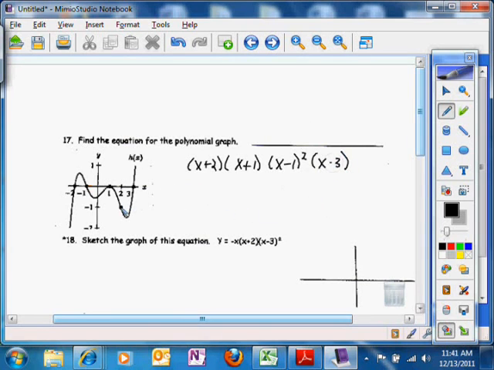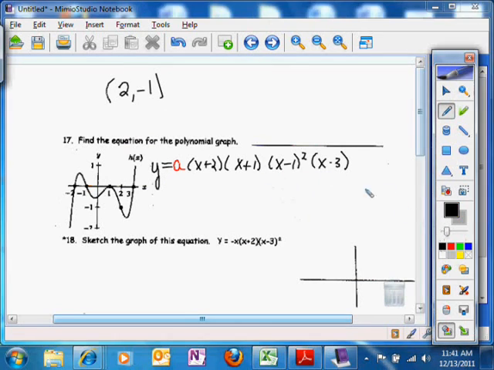I can also find the leading coefficient because I'm given the point 2 comma negative 1. The way I do that is I write this in this fashion: y equals a times all this stuff, and a is my leading coefficient. I plug in 2 for x and negative 1 for y, solve for a, and when you do that you will get the following answer: y equals positive 1 over 12 is what a becomes,